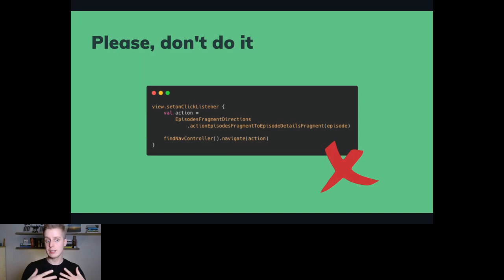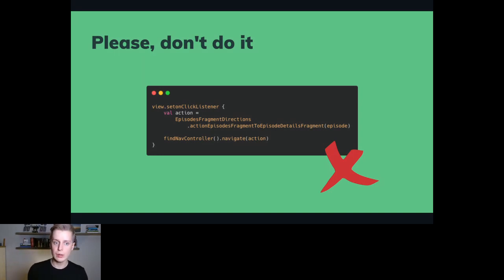Because in this case, we cannot write fast unit tests for this navigation logic. We can only use slow UI tests for this, and we probably don't do it at all.